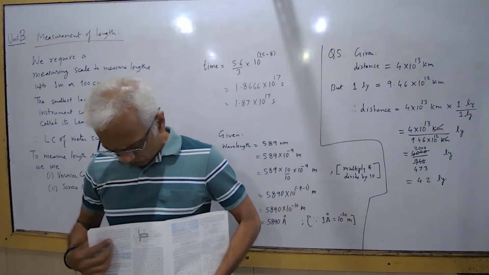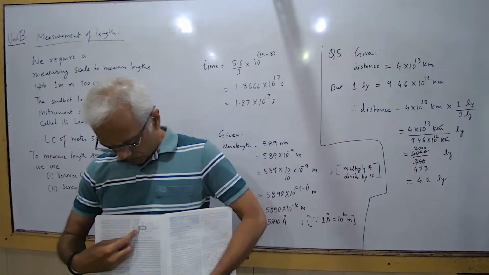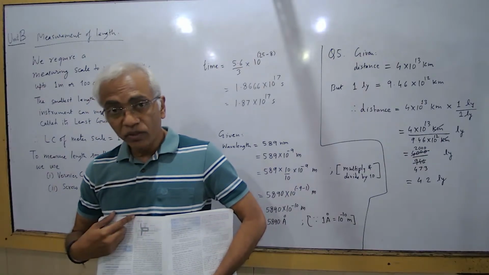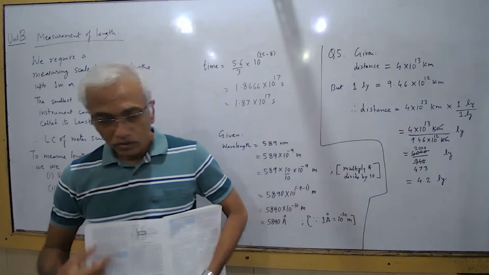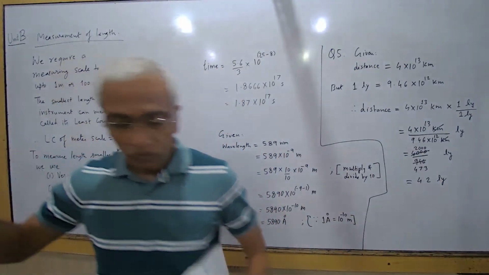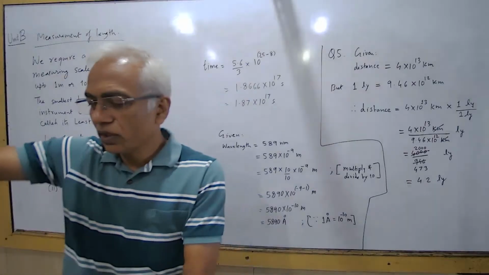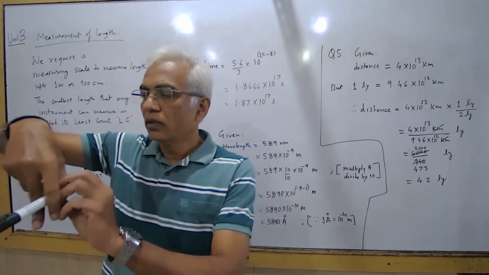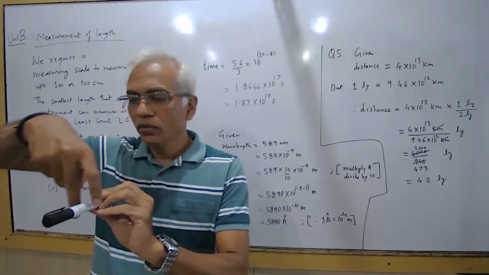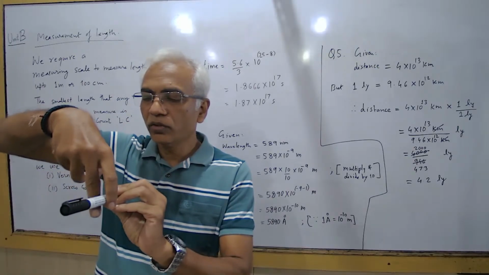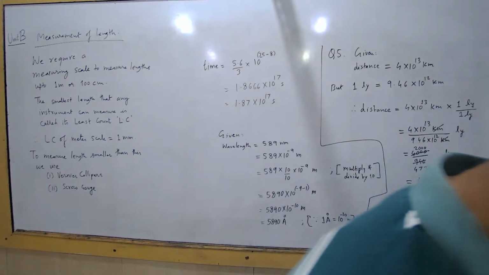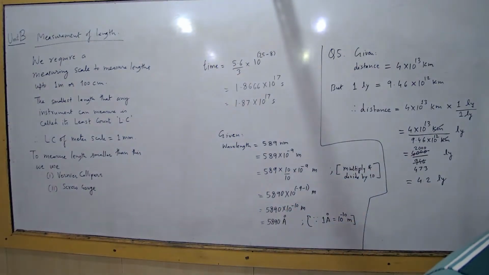Anything to be measured is held across these jaws. It has a lower jaw and an upper jaw, right? Let us say if I want to measure the diameter of this pen, then I have to hold it in the jaws of the vernier scale like this. There is a screw. You can slide it, so you can hold a thicker or smaller object. And then I'll tell you how to take the reading and all.